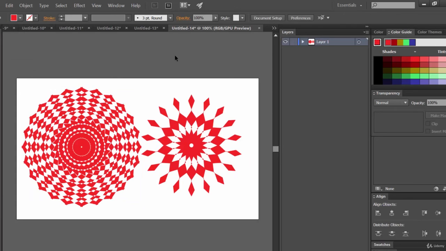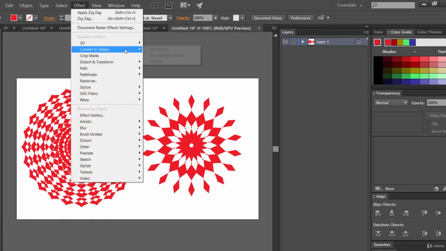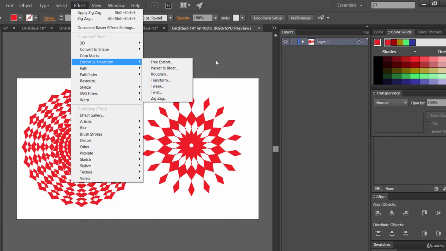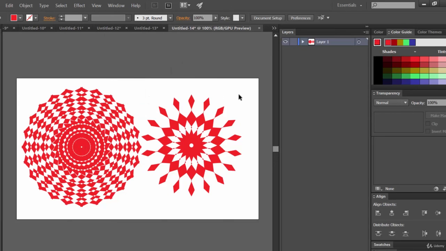Here in this project we have seen how combining these transform effects can create really awesome results. The first one, Transform, next Pucker and Bloat, and next Zigzag. Yes friends, so just combine these three and start creating awesome designs.